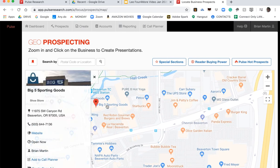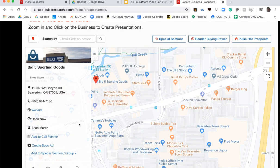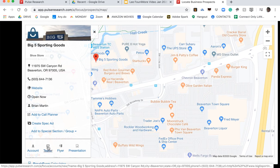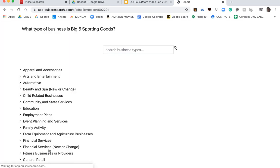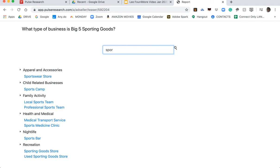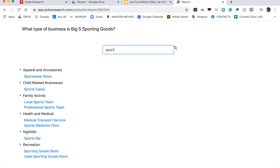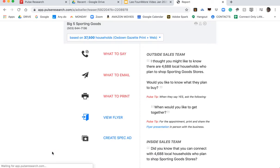And now in this case, we want to create a teaser. Remember, 3 by 5 each day, teasers or flyers. So you click on the business, and right there at your fingertips, you can create a teaser or a flyer. So let's create a teaser. We just click on teaser, and this is how fast it is. What type of business is it? It's sporting goods. So you type in, good typing, huh? Okay, so we type in sporting goods or sporting goods store, click on sporting goods store, and